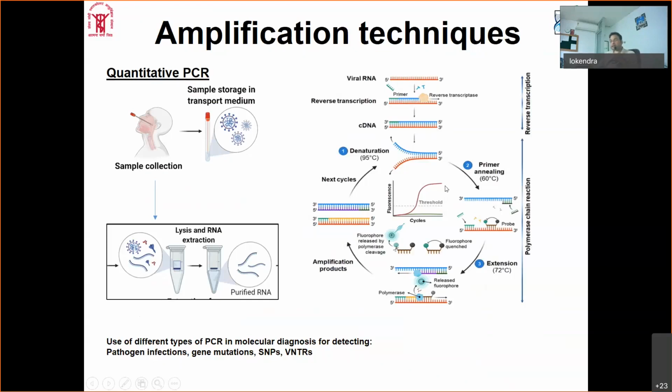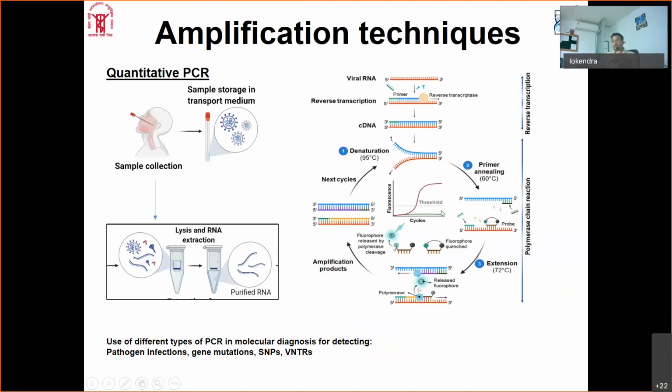So in the real time PCR, you need primers. Along with that, you also need a probe. So this probe is very specific to a particular gene. So here what we are doing is basically trying to identify or trying to quantitate the expression of a certain gene. So the probe is added, which is very specific to a gene, and now the primers will attach, and they will be amplifying the whole fragment. And during the amplification, the dyes which are attached to it will release. And the more the dye is released, the more fluorescence you will achieve, and that will show us the threshold level.